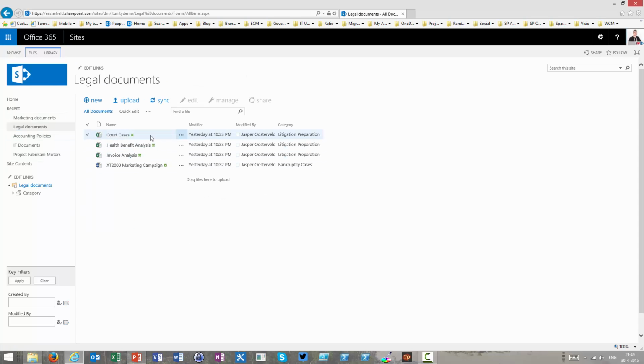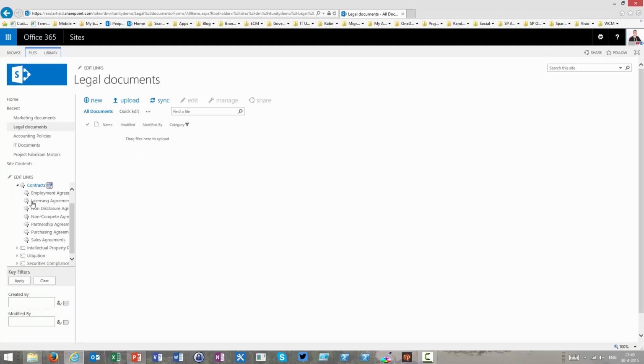And it's loading. And here you actually see something completely, it looks similar, but you see something on the left side. You see a sort of navigation here. It's called a metadata navigation. So let me click on contracts. No documents are displayed because there are no documents with one of these, what they call a term or one